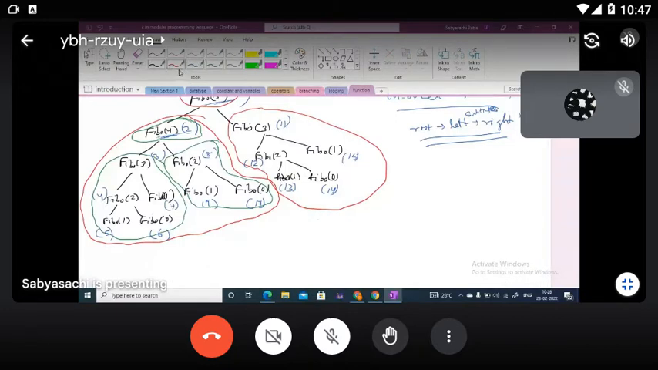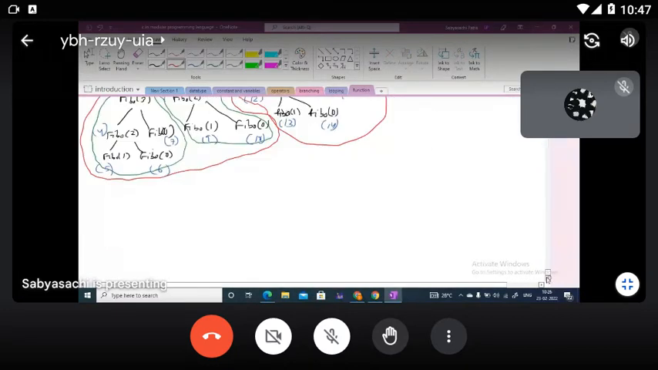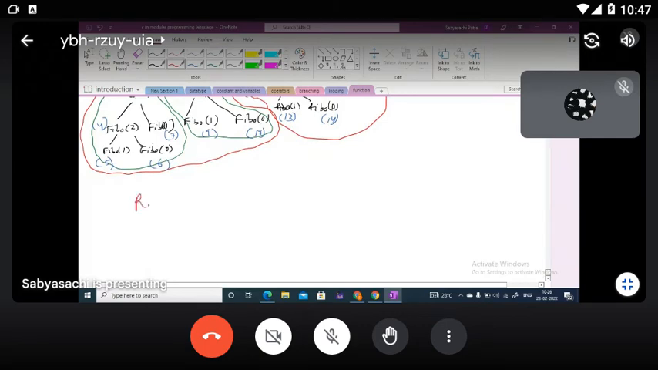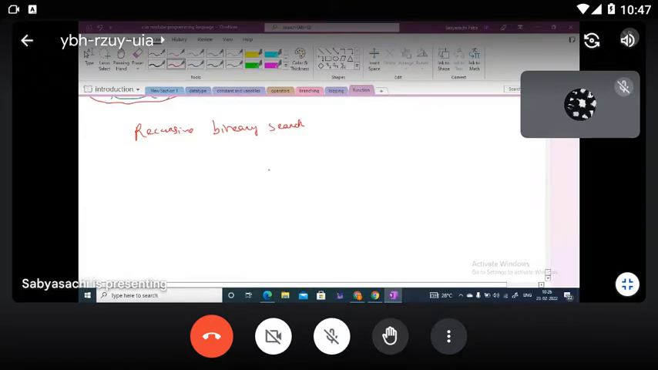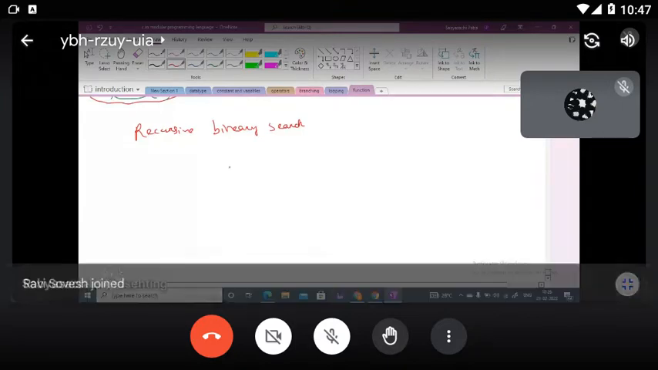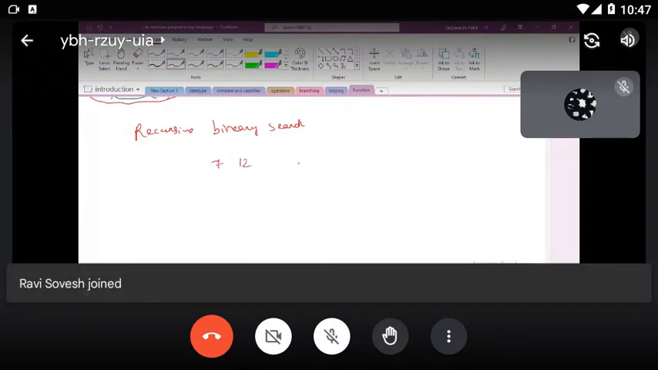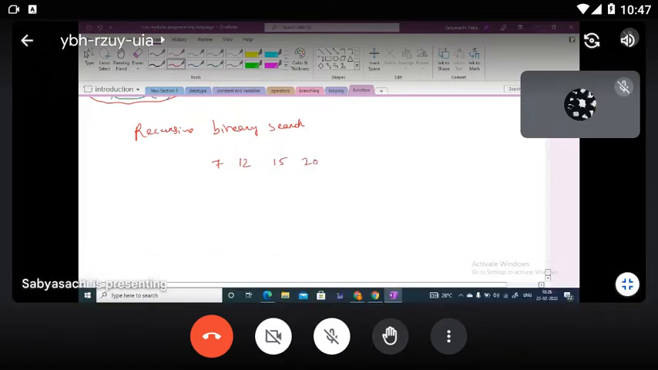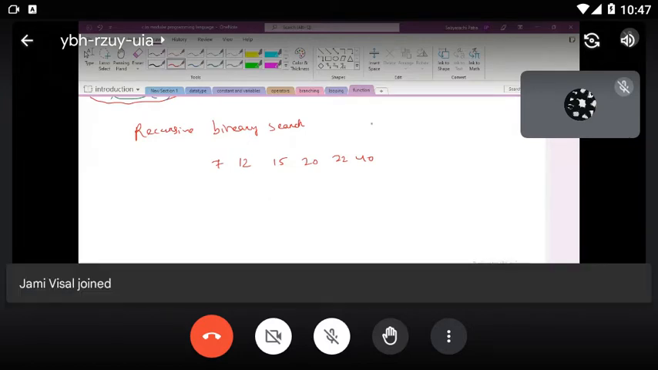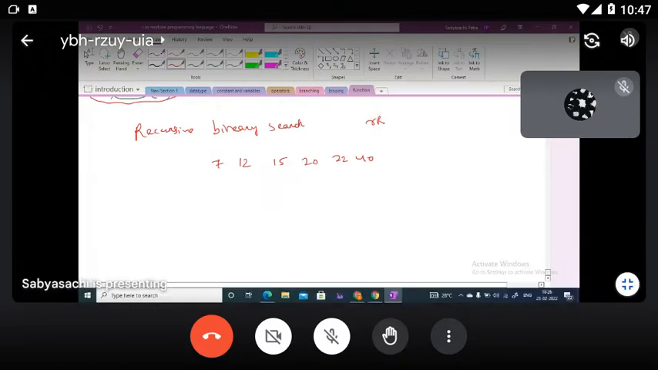So if you are calling the recursive binary search, what exactly are you doing? Given an input sorted array, right? 7, 12, 15, 20, 22, 40, like this. So the initial call of recursive binary search is